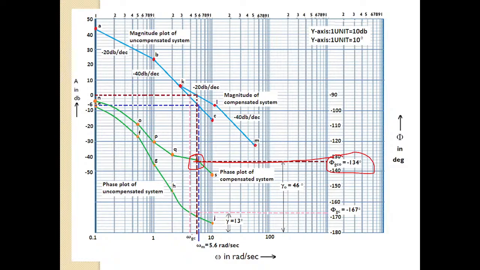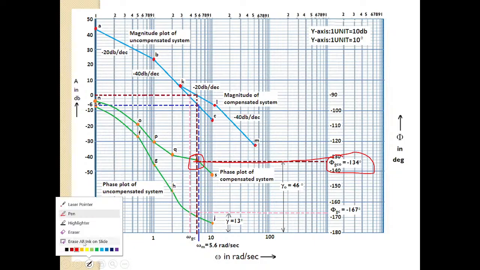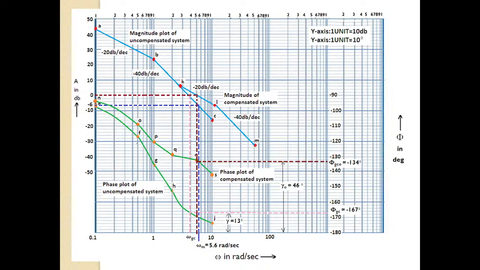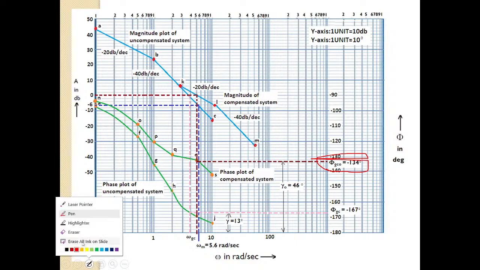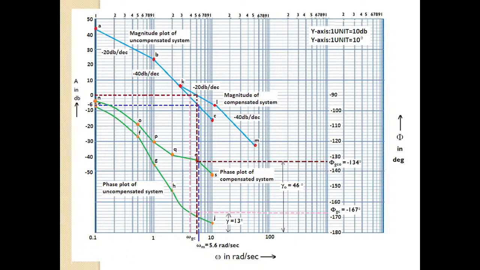I didn't mention omega GC naught here. Directly I have written phi GC naught here. If you want, you can even mention the omega GC naught. So how to get phi GC naught? Gain crossover means phase at gain crossover frequency. To get phase at gain crossover frequency,